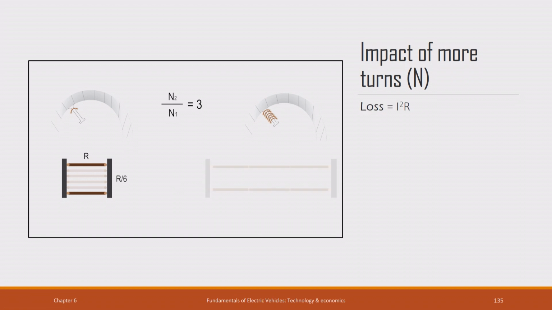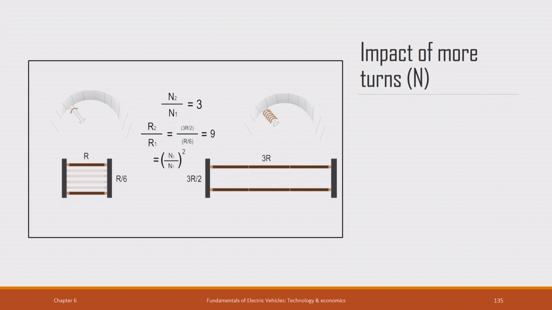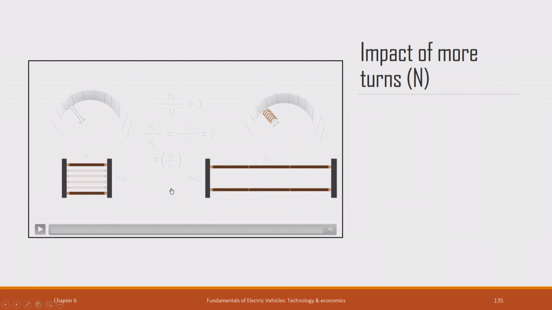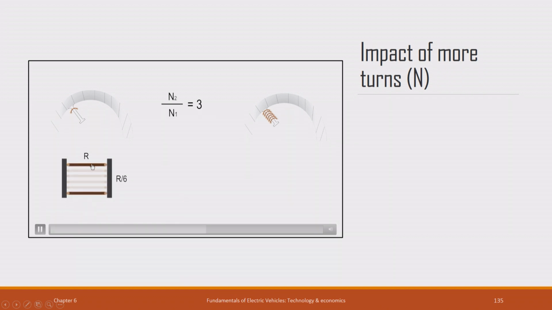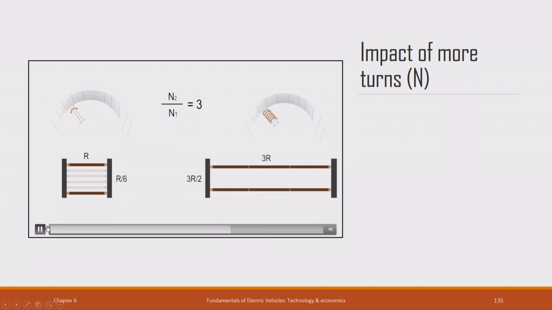Now, if I want to increase the number of turns to 3, the earlier design was 1 turn, but now I want to increase the turns to 3. I want to know what is the impact of increasing the number of turns. When I increase the turns to 3, what you will see is that this diagram gets changed into something like this,